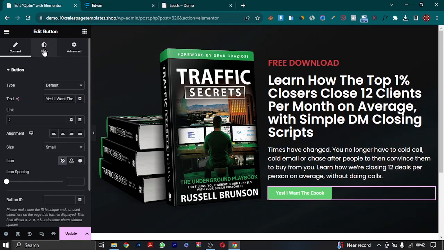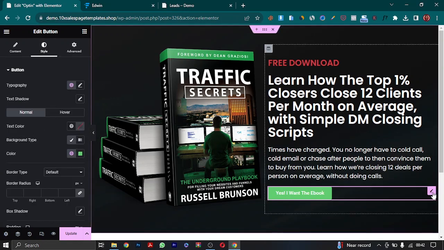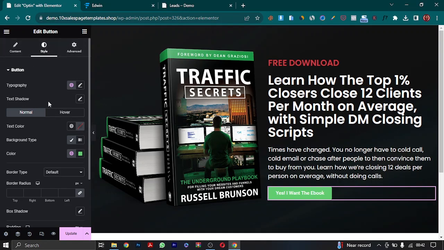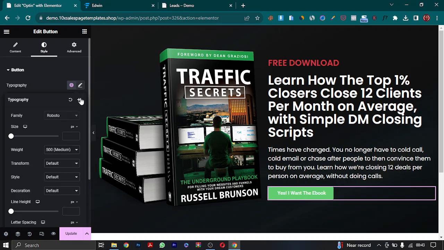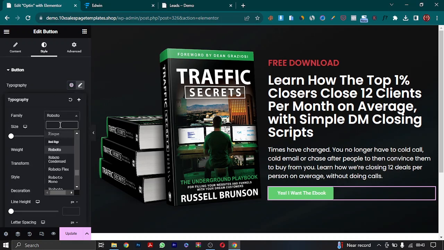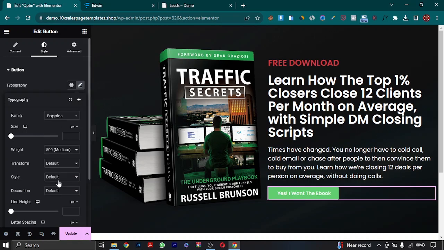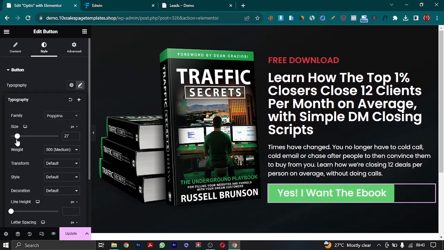Then the button, I'm just gonna go to style. All these things, I'm clicking on this pencil icon so that it will bring out the edit section, right? So this is the content, this style is advanced. I go to style, and then for the typography of the button, I'm gonna be using Poppins as well. Poppins. Okay, so the size, I'm gonna be using